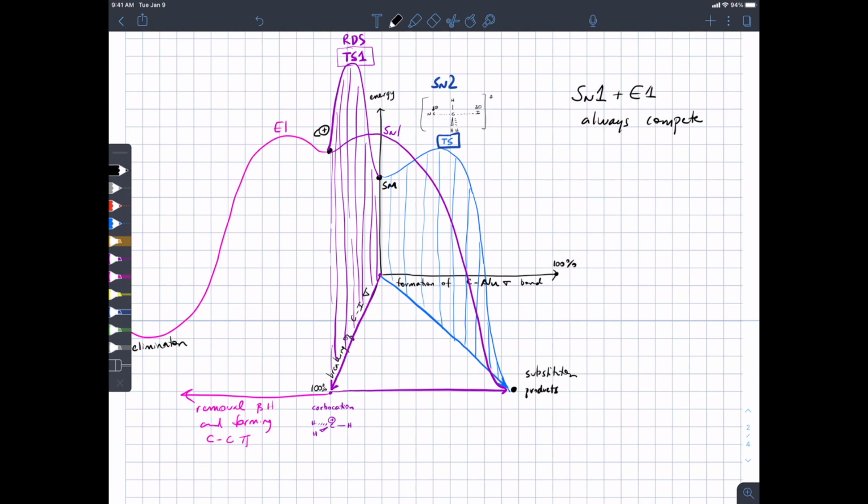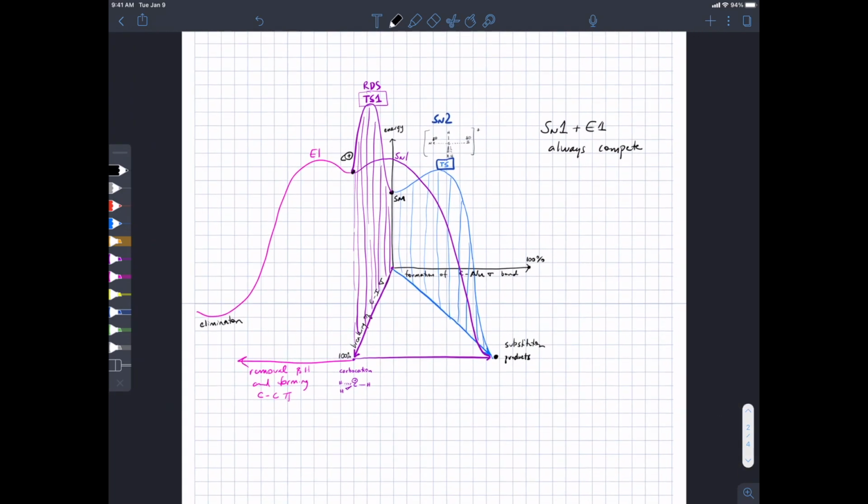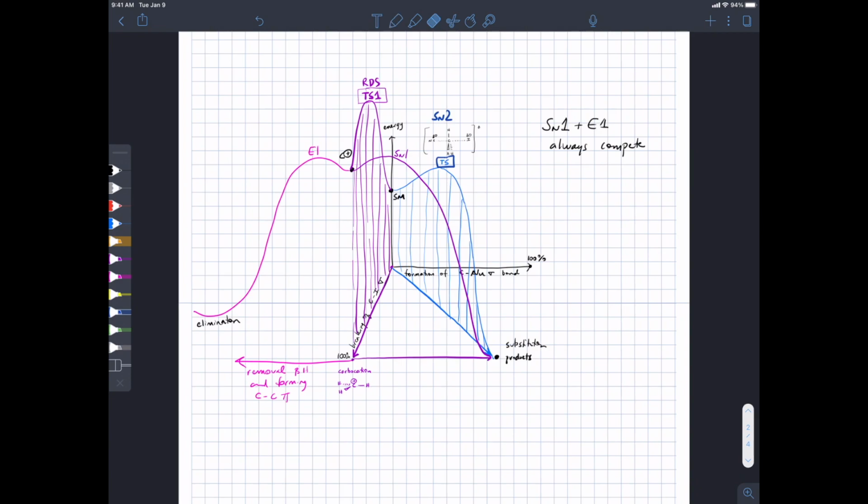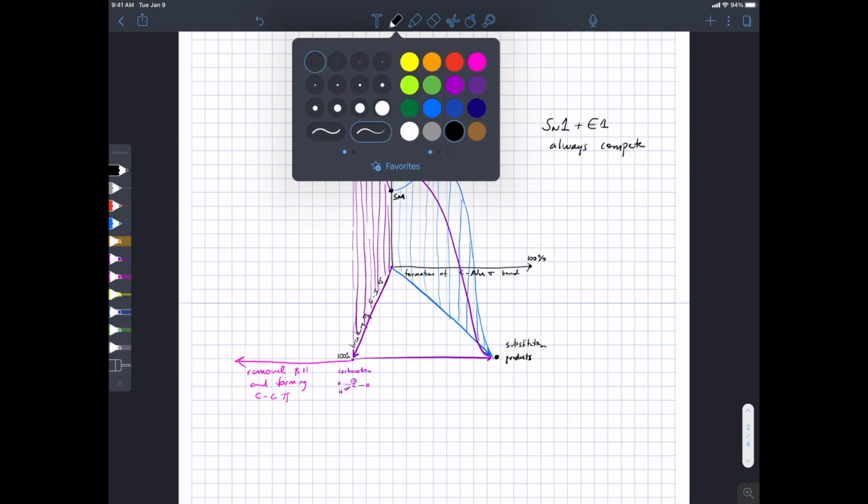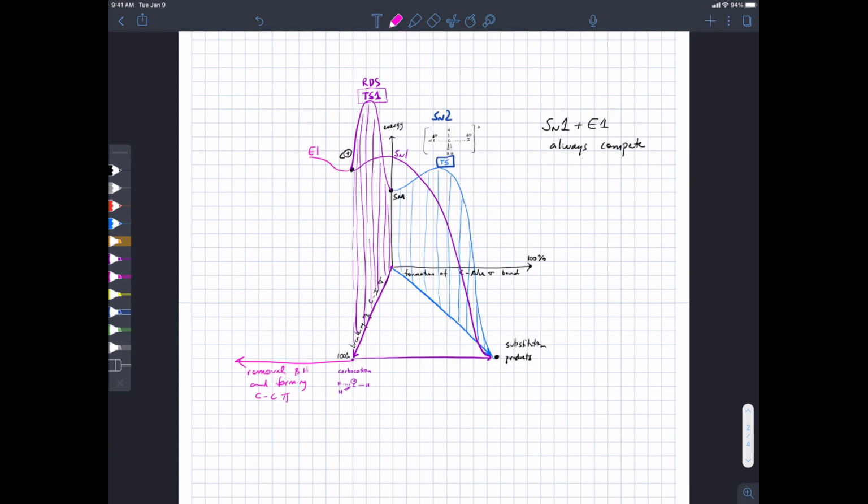Cool. What else? Yeah? Wouldn't it be how good of a base it is or how much steric hindrance it has also affect the result, since one attacks the proton and one attacks the alpha carbon? Yes. Isn't it possible that how good of a base it is and whether it's sterically hindered or not affect whether we can get to the elimination versus substitution product? Yes, except that the nucleophile is not even involved in the rate determining step. And once you get there, the activation energy for the next step is small enough that the differences in nucleophile strength aren't going to matter.